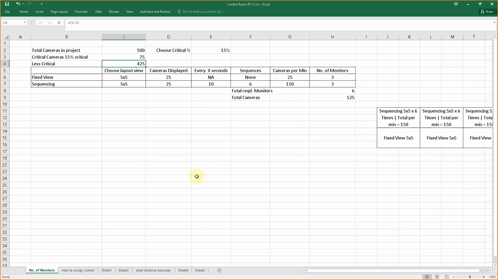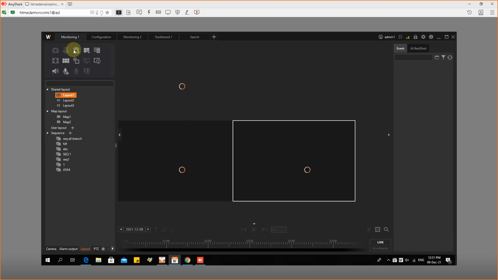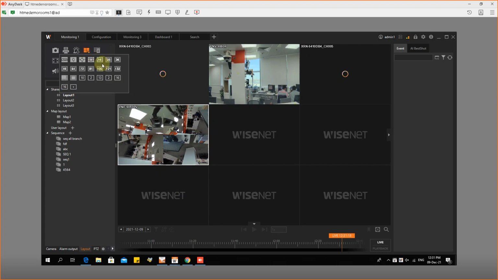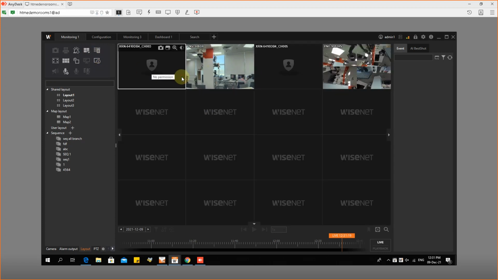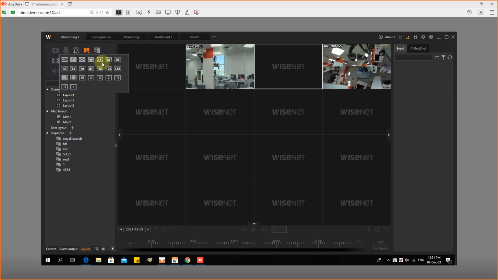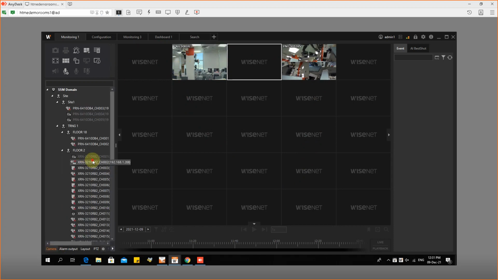Now in your control room, you can see the monitor in 2 by 2, you can see in 3 by 3, or you can see 4 by 4, or you can see these cameras. Okay, that's fine. Or you can see in 5 by 5. All right, you can still see all the cameras quite okay. We can put a few cameras here.